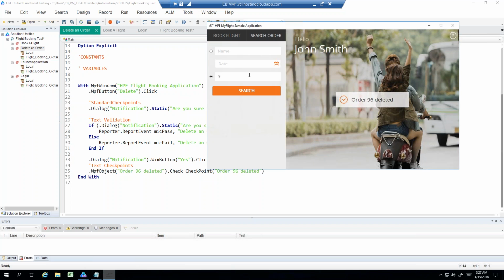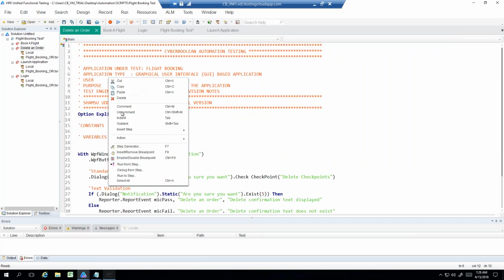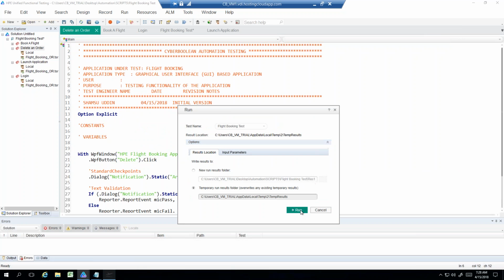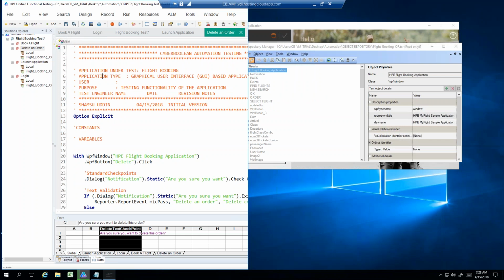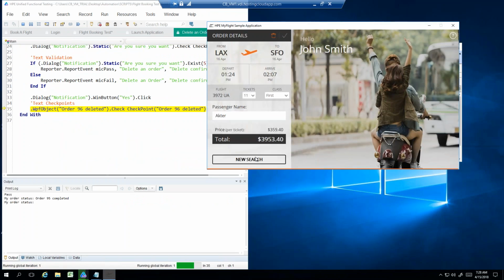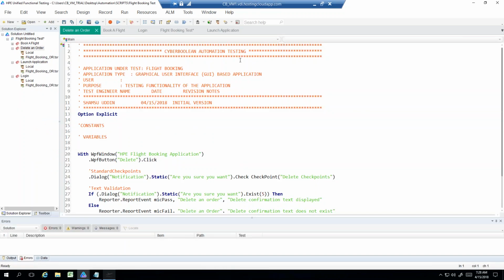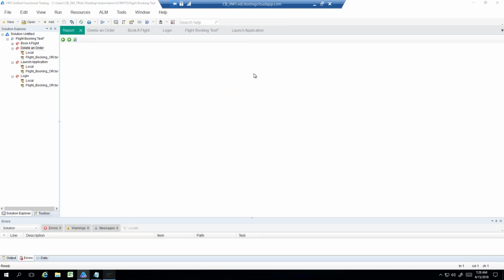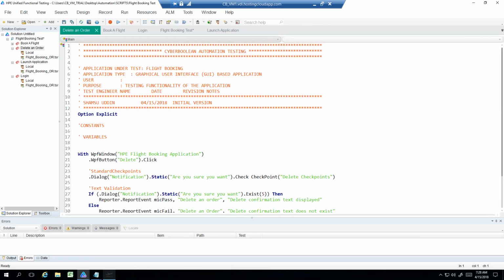Let's try some other one. 94, this one also deleted. 93, 93 is there. So if I want to delete this, let's try this one. I want to delete 93. See if we have an error, and then we'll fix our test based on that. Okay, everything looks good. So we can delete an order. That concludes our test to